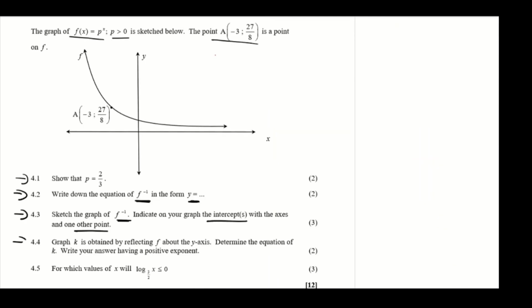So 4.4, we are told that the graph of k is obtained by the reflection of f about the y-axis. Determine the equation of k. Write your answer in positive exponent. Remember that the graph of f of x we found to be (2/3) to the power of x. So if they say k is the reflection